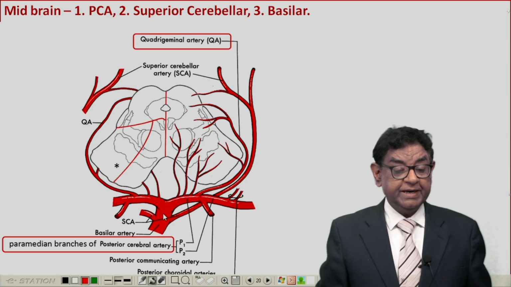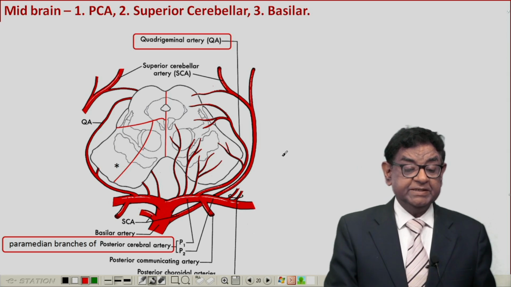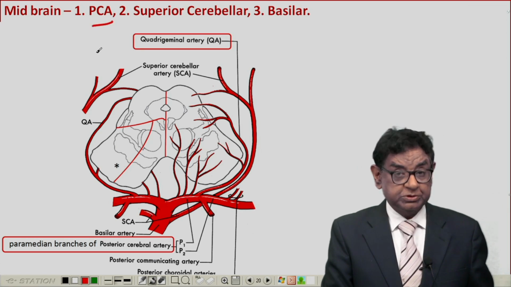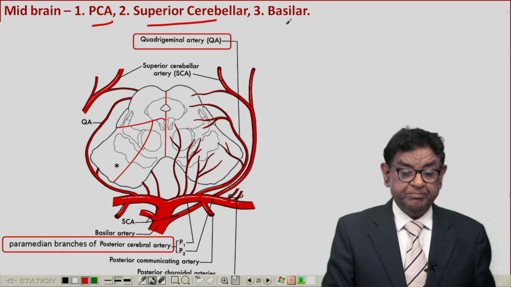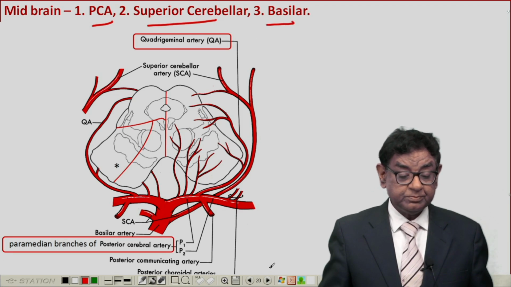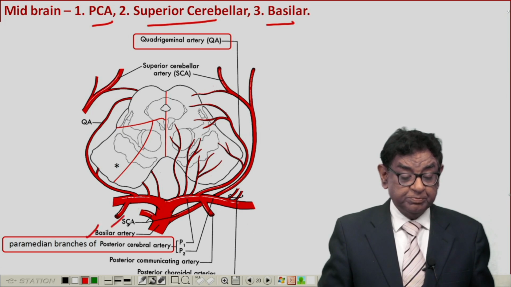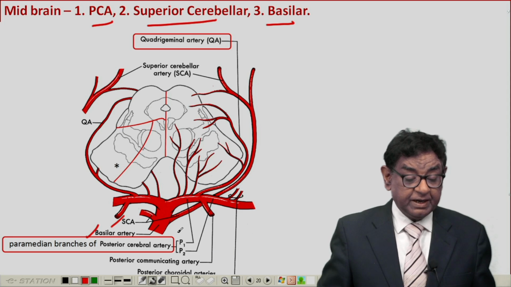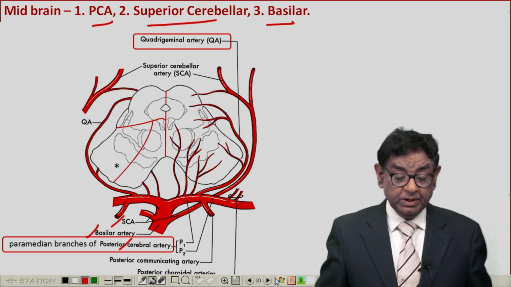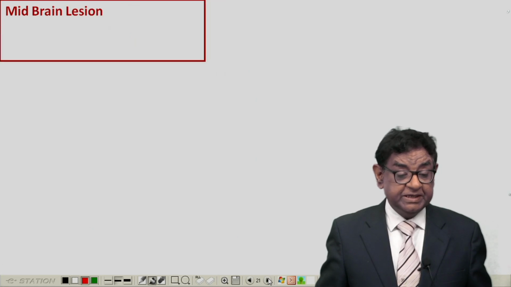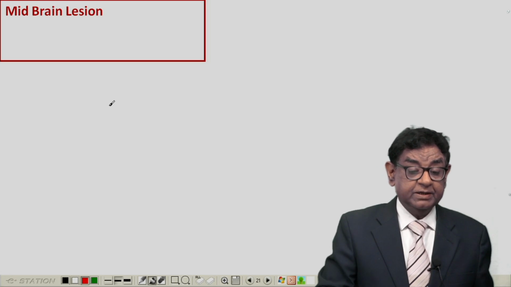Now I will talk to you regarding midbrain lesions. Now the midbrain is supplied by posterior cerebral artery, superior cerebellar artery, and basilar artery also. Okay, this is basilar artery, superior cerebellar artery, and posterior cerebral artery. So before I discuss lesions, let me discuss the basic anatomy. Well, in midbrain,